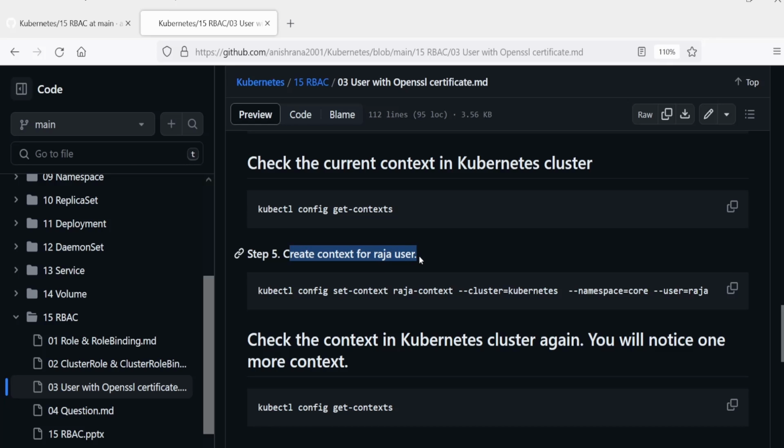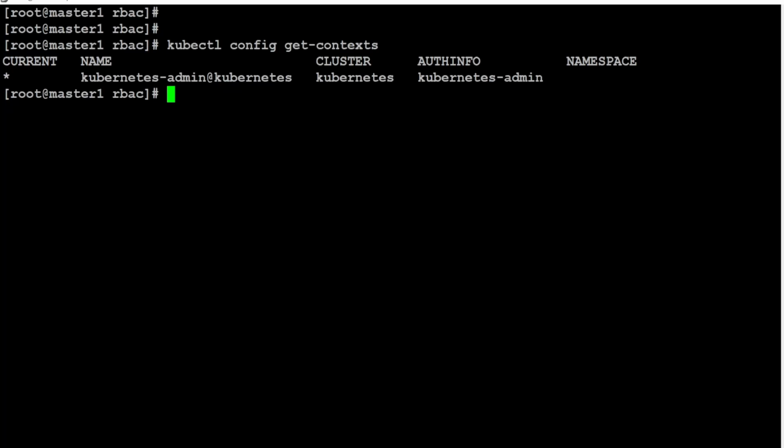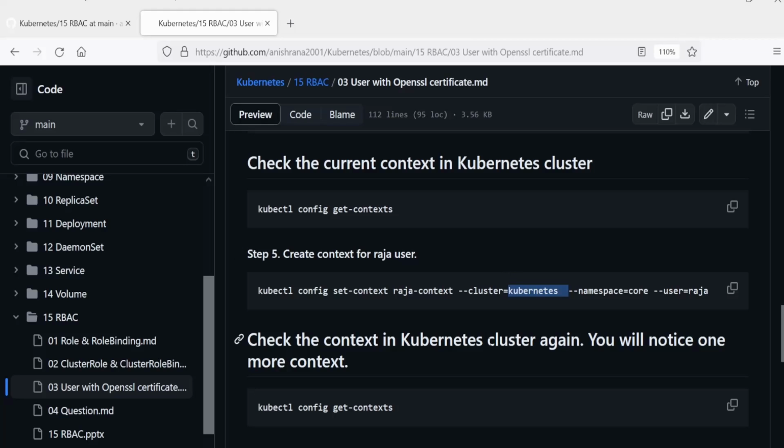Create a context for the Raja user. How can we create the new context? The command would be kubectl config set-context raja-context. You can write anything right here. And --cluster=kubernetes. This is the name of my Kubernetes cluster. You can see cluster kubernetes. If you have a different name, then you need to modify this command here. And then --namespace=core.